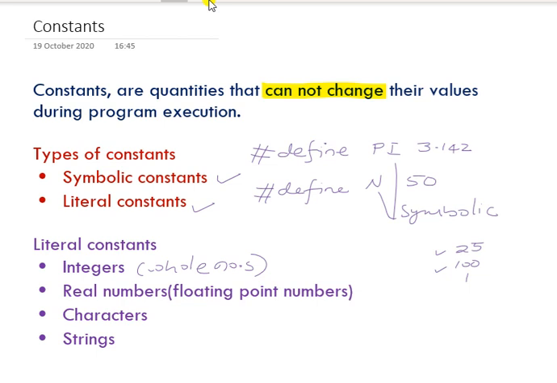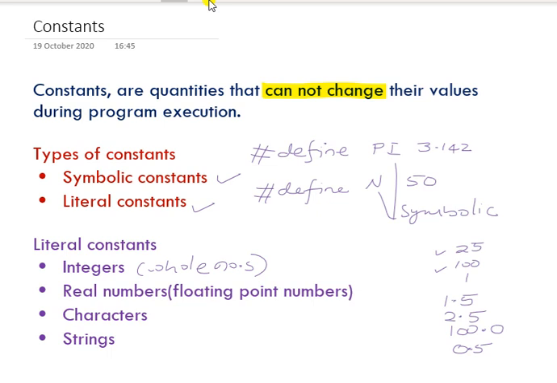Real numbers, any number which has a decimal point like 1.5, 2.5, 100.0 is also a real number because the decimal point is there. So 0.5 is also a real number. These are floating point numbers. Normally in programming we call real numbers floating point numbers.